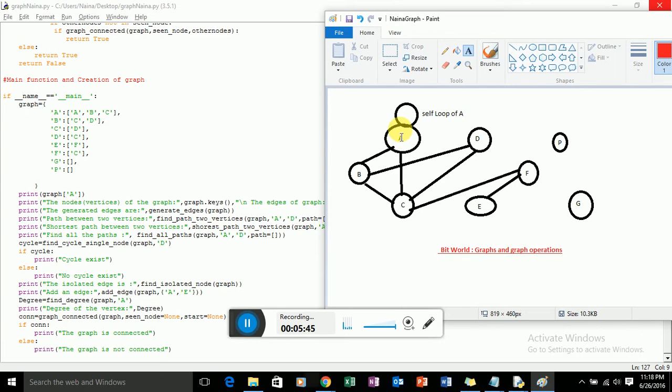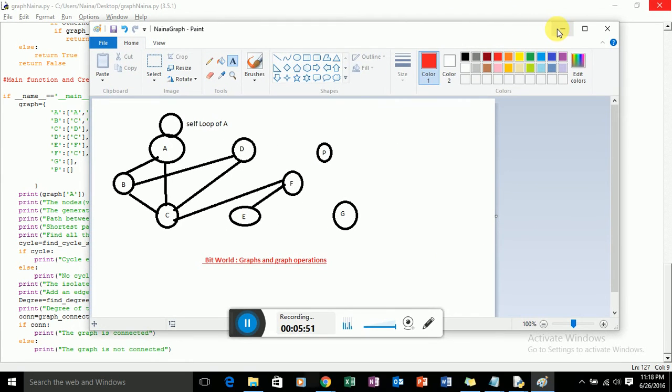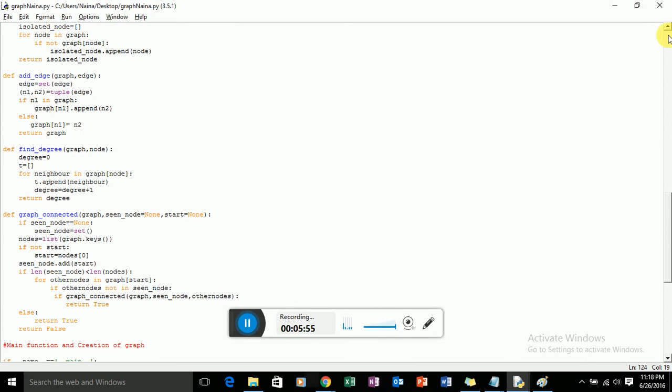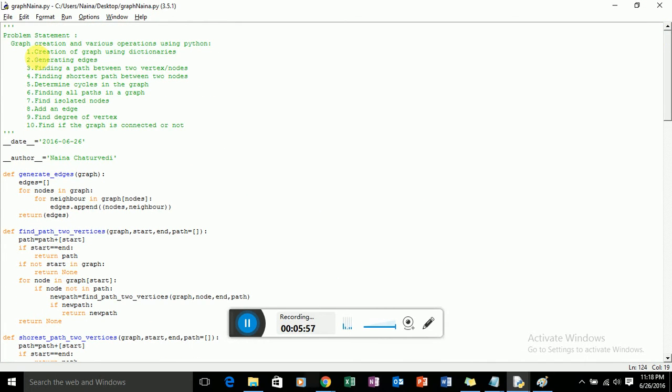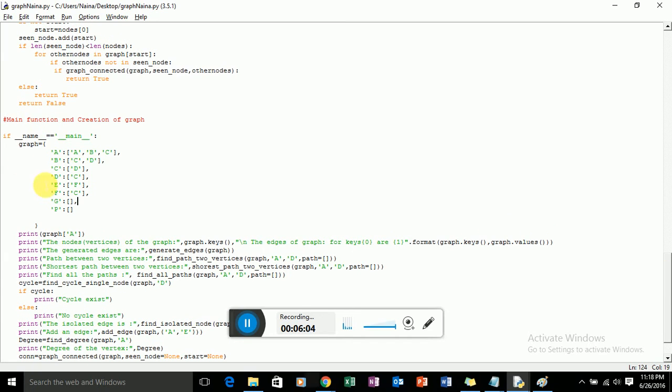So we'll quickly see how we can execute various operations on this graph. The first operation, creation of a graph using dictionaries, we have completed. I've shown you how to create a graph.